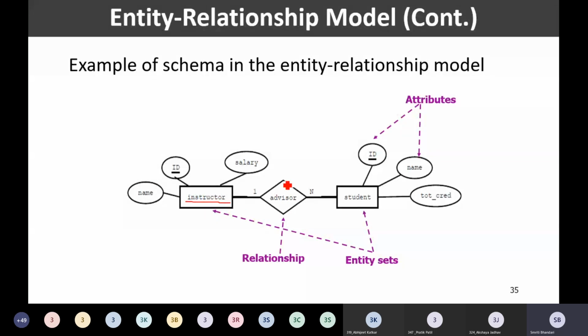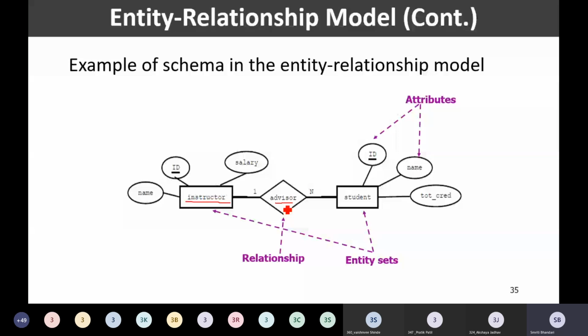So we are having a relationship between instructor and student, depicted by making use of this diamond. And we are having a name for that relationship also. Here the name of the relationship is advisor.